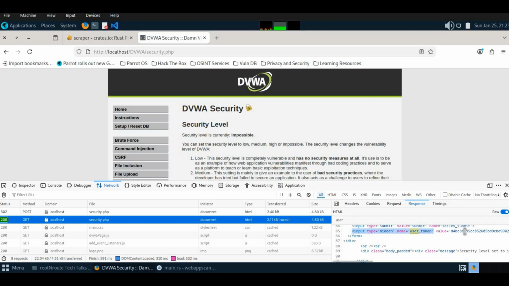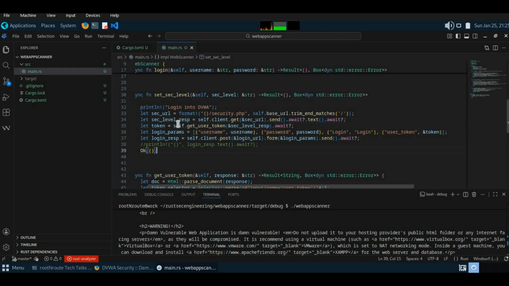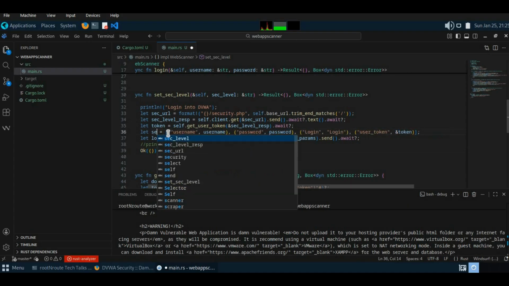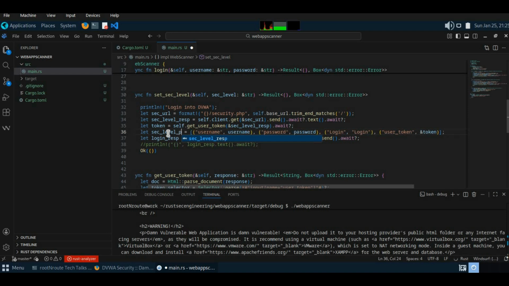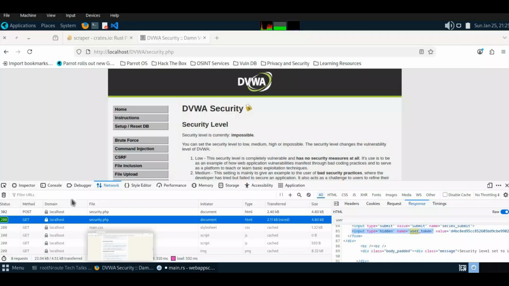It's a hidden value, and this is different from the other token that we checked previously. So here also from the response you have to extract the user token, then sec underscore level params, so that we checked here